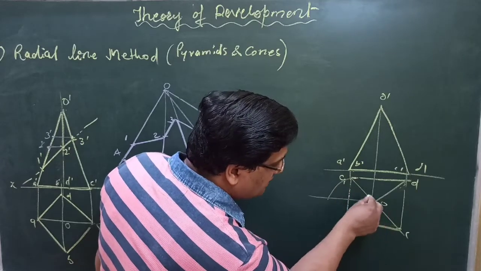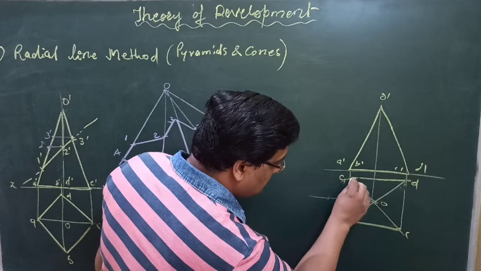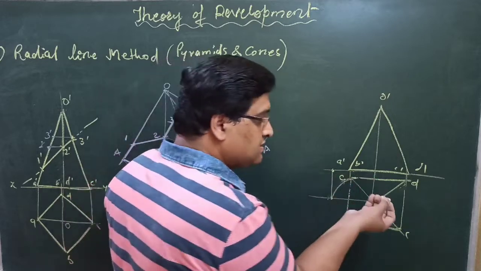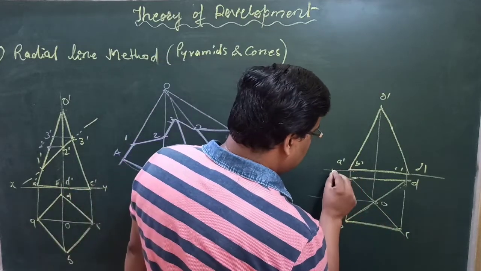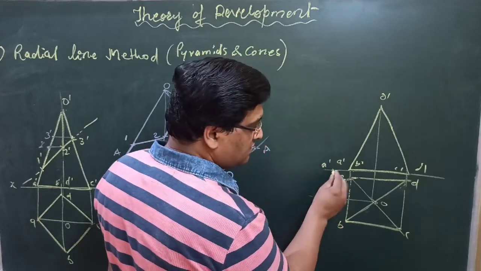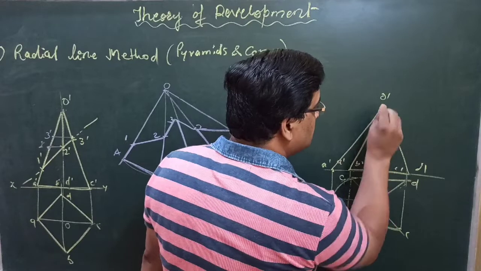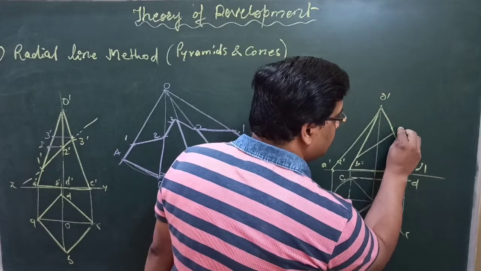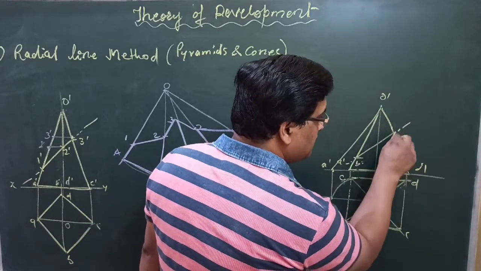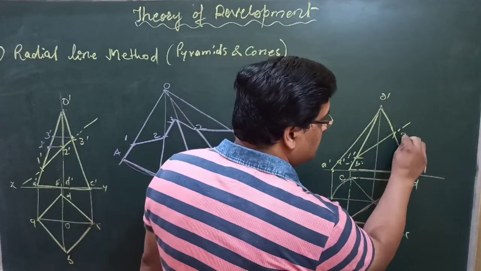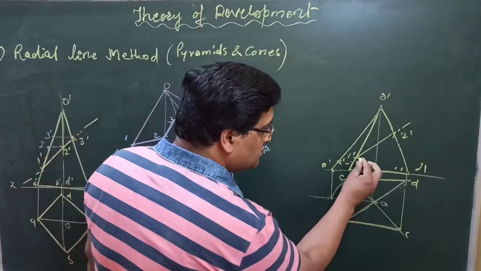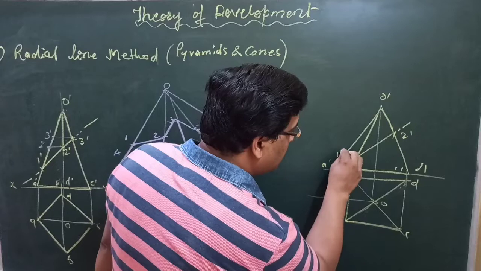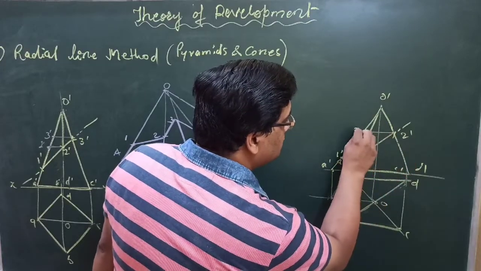So take O as center, distance OA, and rotate it like this and drop vertically upwards. This method we have discussed in projections of straight line. So this will be the new A dash. Join this with O. Now if the cutting plane would be here, so these will be the 2 points, 1 dash and say 2 dash. You have to drop these points on this true length line like this. So 1 dash, similarly 2 dash.